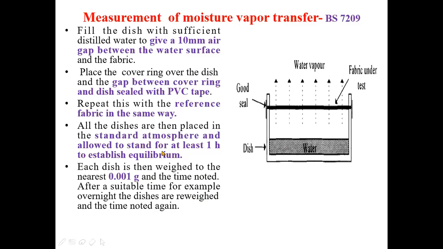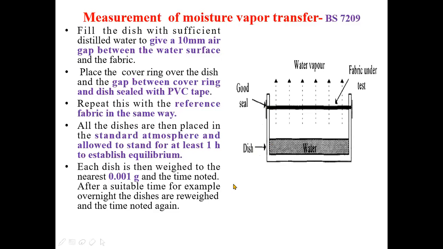So here, the first time, we have to allow at least 1 hour to establish the equilibrium. So after 1 hour, we will consider that equilibrium is reached, and we will weigh the assembly. Okay,